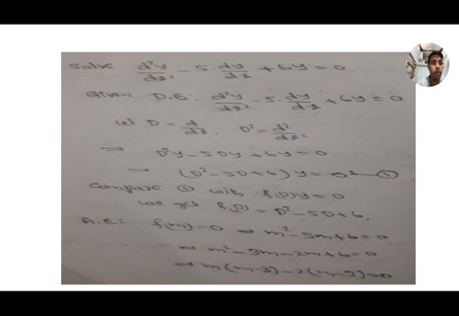We need to remember 3 steps. First step, write the given differential equation in symbolic form. Second step, the auxiliary equation and roots. And third one, depending on the nature of the roots, there are 3 possible cases for the solution: real and different, real and equal, and complex numbers.